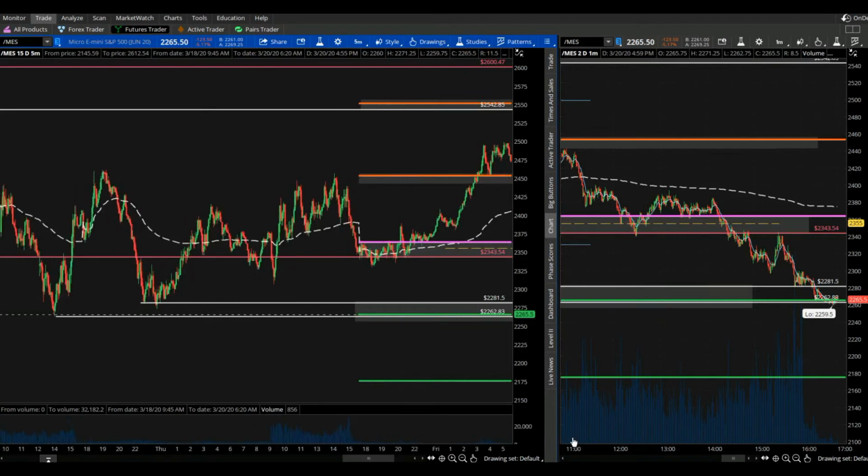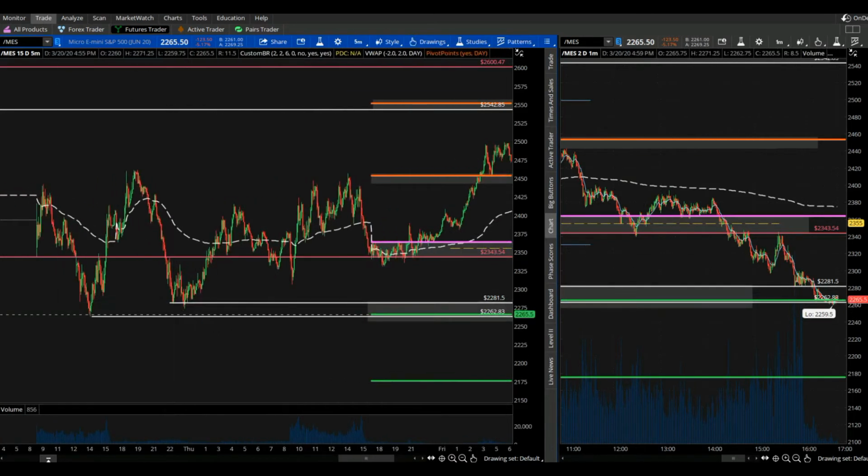So if we were to compress this, you can see the white line reacts right here. We have a reaction there, we have a reaction there, so I draw an area of support. And then of course we have this one, which is very, very obvious. And it just happens to be around the S1 pivot point. So if you're looking to start using pivot points,